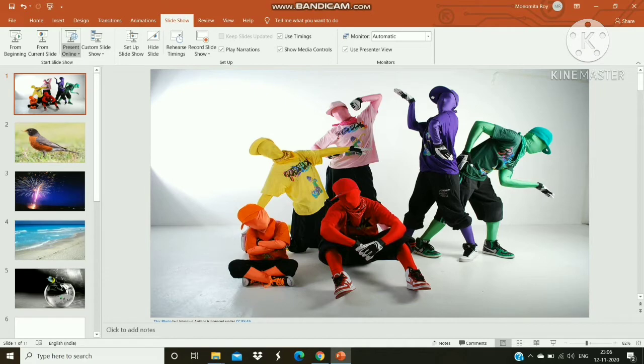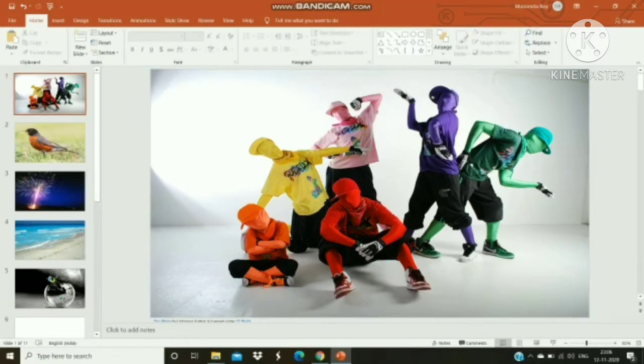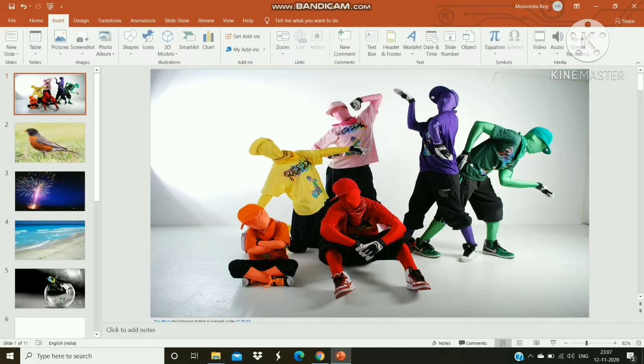Now we are going to learn how to insert video clips in our presentation. Video clips add interest to the presentation. So follow the steps of how you are going to do this. Go to the insert tab and click on the option video in the media group. So children, just like you inserted a sound clip in your presentation, you can also choose to insert a video from a file, web, or clip art.